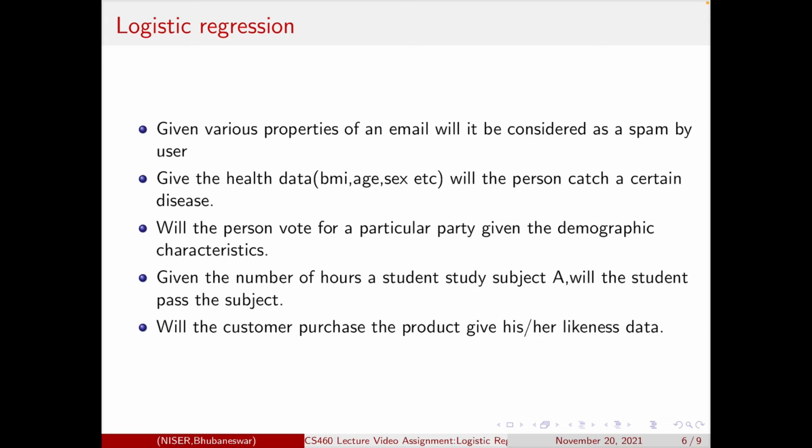These are continuous variables, but the prediction to be done is a binary variable, and this is where logistic regression comes in. If the prediction variable were a continuous variable, maybe we could have done simple linear regression. But since it is a binary variable, we need logistic regression.